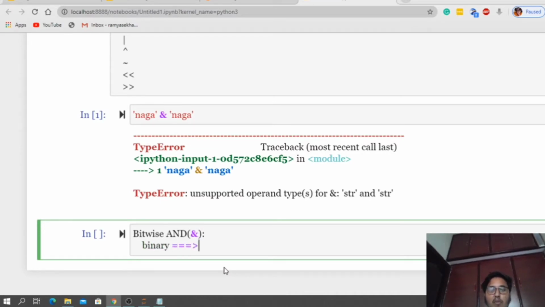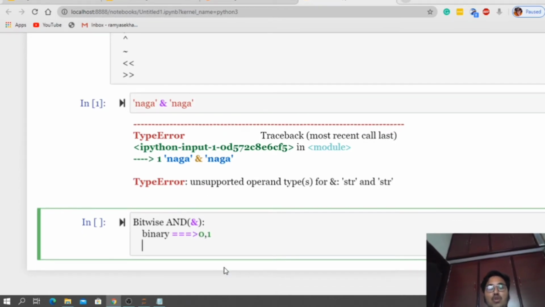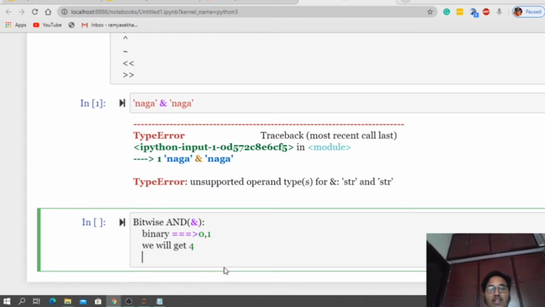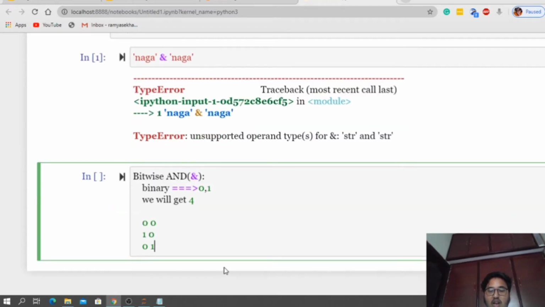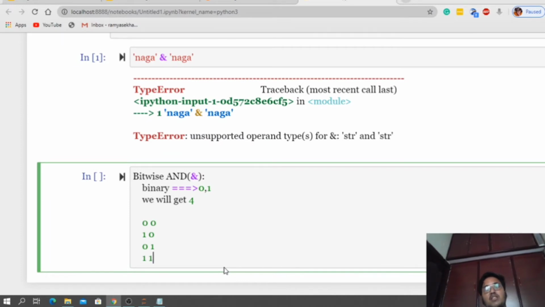We will have two values, 0 and 1. If we have two values, how many possibilities will we get? We will get four possibilities: 0 0, 1 0, 0 1, and one more possibility, 1 1.